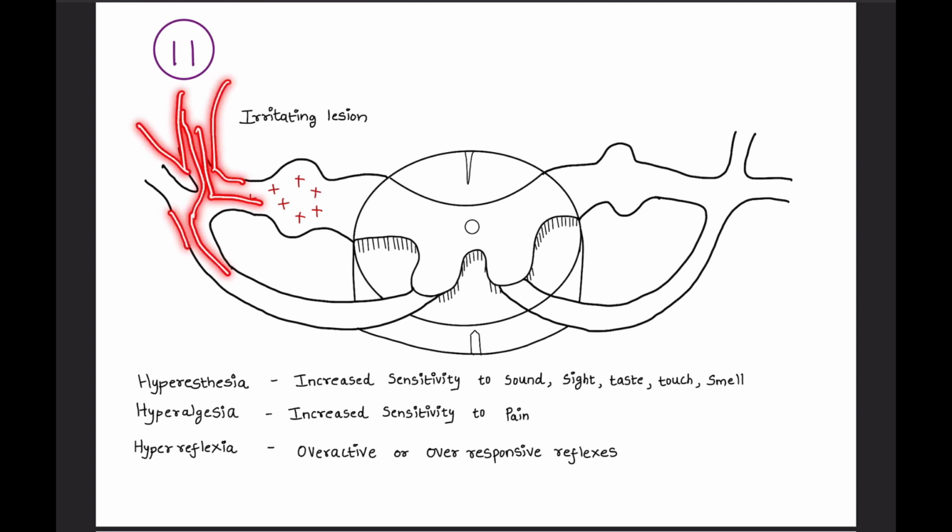This ramus may either go to the upper limb or lower limb or any other parts of the body. So if the lesion is present in the dorsal root,